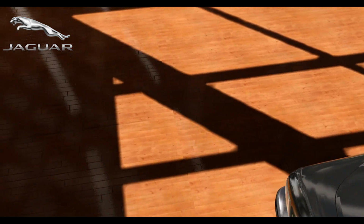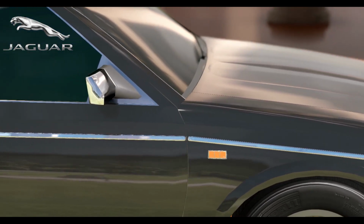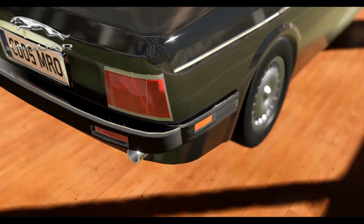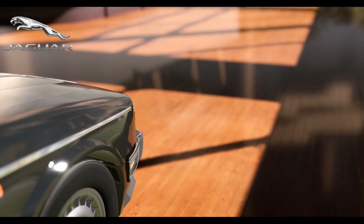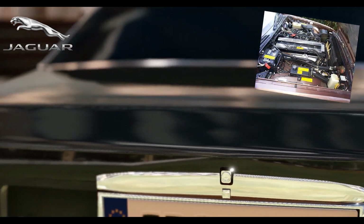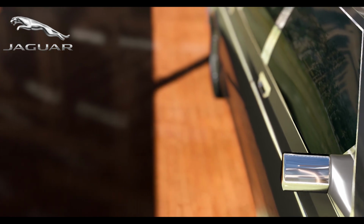Now, if you don't know the Jaguar XJ40, basically it's a full-size luxury sedan, of course manufactured by Jaguar at the time. It was so awesome, and there are many reasons why. First of all, it's a rear-wheel drive car with an inline six up front. Basically, they used the legendary AJ6 inline six made by Jaguar at the time, the 3.6 liter version, which made around 212 horsepower. It was rear-wheel drive, and this particular car